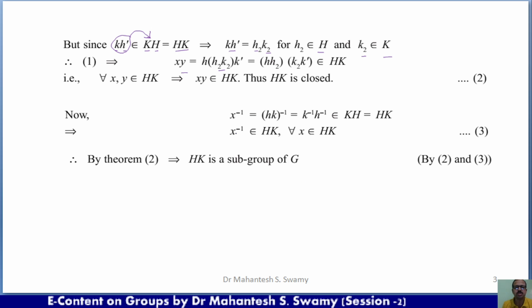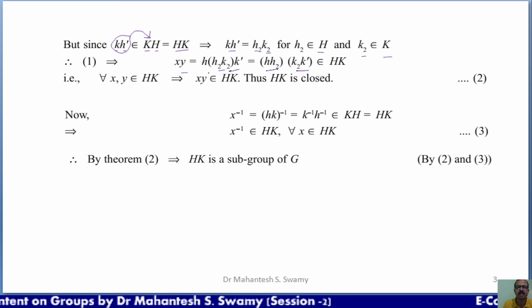So after substituting that, we are having H2 taken in one bracket for the sake of convenience, K2 and K dash taken in the second bracket. So as per the associativity property, we can interchange the brackets. So we have H2 K2 K dash, and obviously H into H2 is some element like H3,